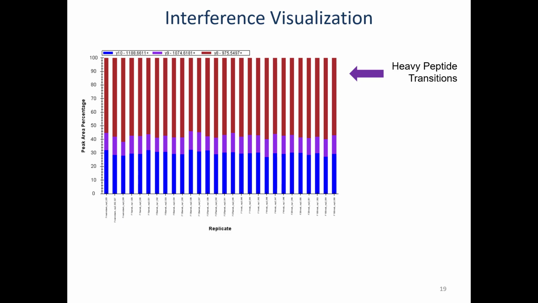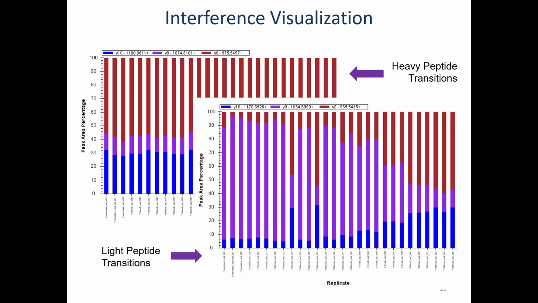It'll take the signal from all of the transitions you're monitoring and make them all 100%, and then you can see what smaller percentage of each transition makes up the total signal. If something doesn't have any interference, you would expect to see it very reproducible across a whole series of samples. In the case of this peptide, this was the heavy version, and the light version should